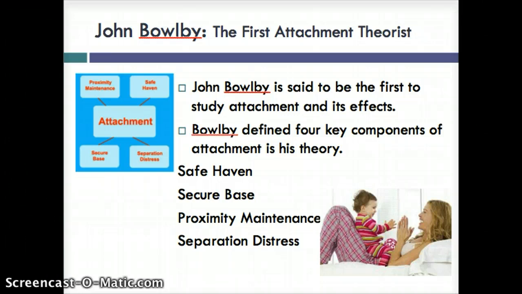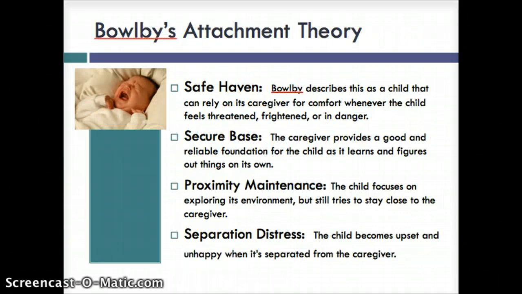Bowlby defined 4 key components of attachment in his theory. He named these components safe haven, secure base, proximity maintenance, and separation distress. In our textbook, he names 4 phases. Bowlby said that attachment does not occur immediately, but has to emerge in phases. According to Bowlby's attachment theory,